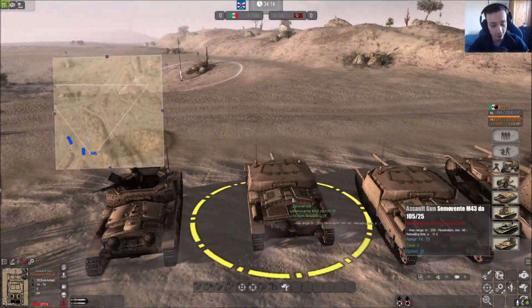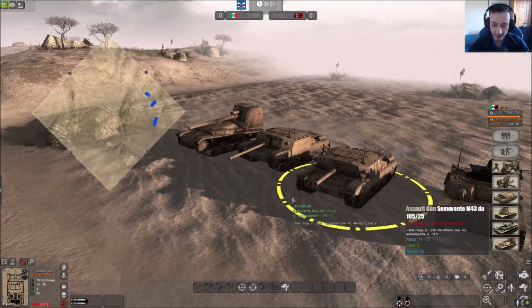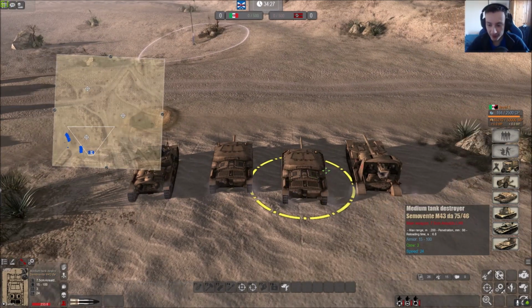The camo value is probably quite high, which makes it excellent for concealment and keeping yourself at long range, and you won't get detected, so keep that in mind. Okay, moving on to the next tank, which is another tank destroyer, which is the